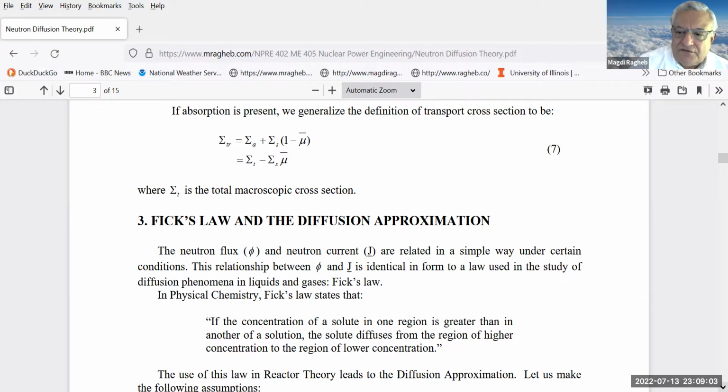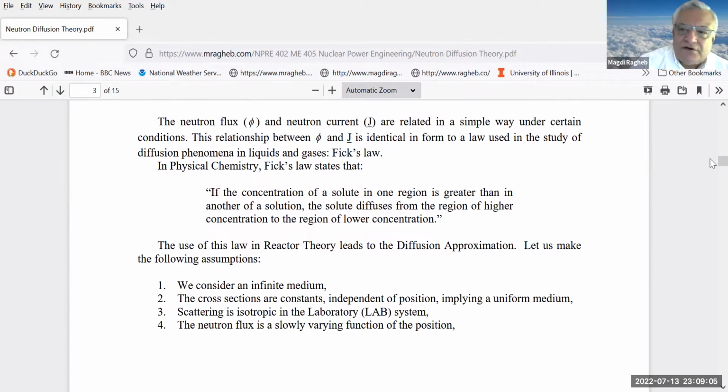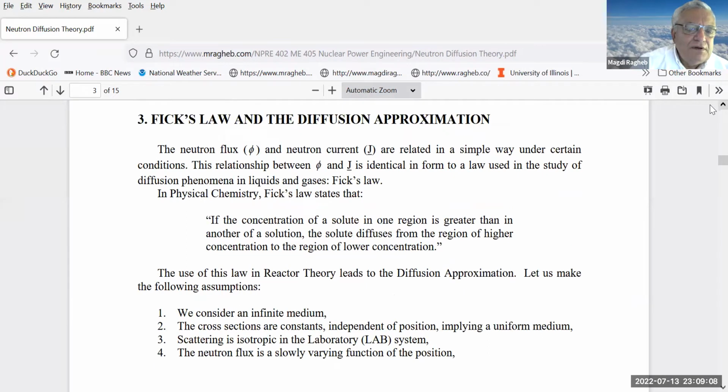In that case, as I suggested, the diffusion of neutrons when they are in thermal equilibrium with the medium interact with media in the same way as any solvent in any solute in a solution. Even if you can think about a coloring agent like ink maybe dropped in water. So let us try to remind ourselves of Fick's law, which is the physical chemistry law that describes the process